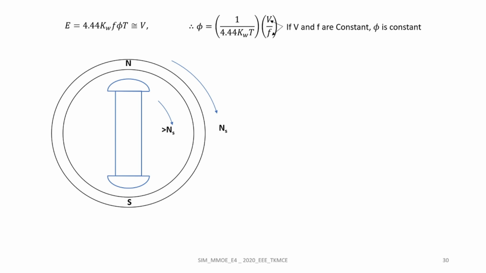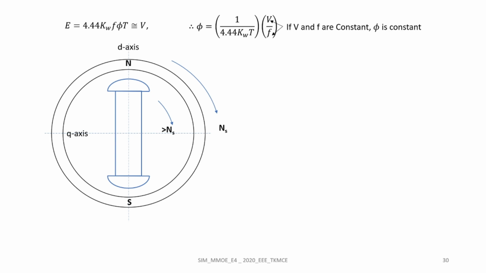Now, due to the variation of speed between the rotating magnetic field and the rotor, a relative speed comes into the picture. Due to this relative speed, the poles in the stator and the poles on the rotor are not moving together. So let's assume at a particular moment the stator poles N and S are coming into alignment with the direct axis of the rotor. This is the direct axis, which is the axis passing through the center of the pole, and this is the quadrature axis, which is in quadrature with the direct axis.